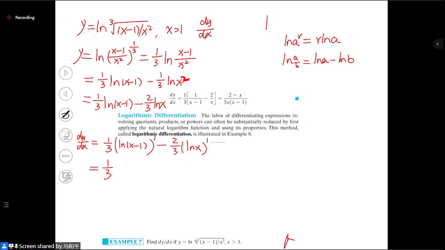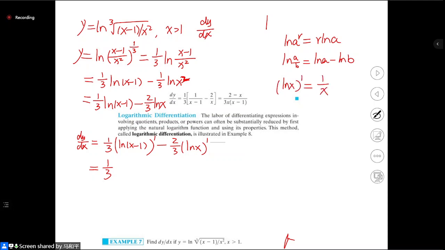This is a composition, so we use the chain rule. We denote (ln(x minus 1))' is equal to here, this one. We know (ln x)' is equal to 1 over x, and please tell me this one. (ln(x minus 1))' is equal to,